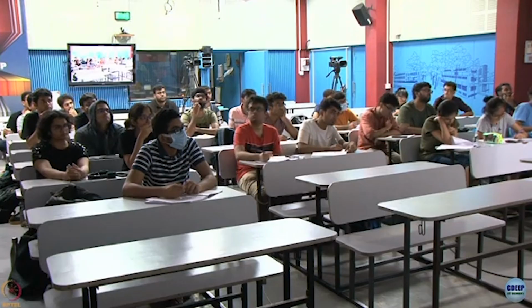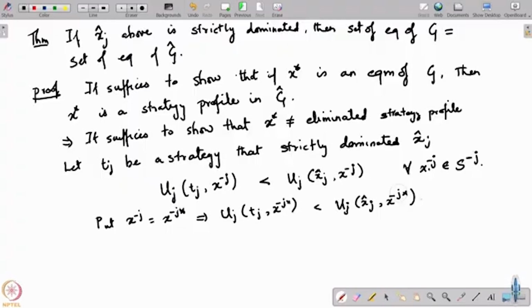We cannot take tj equal to xj star, because x star is an equilibrium and tj is just a strategy that we know dominates x hat j. Okay. So, we have taken that x star is an equilibrium of G, right. And tj, where is tj? Again, remember, tj is a strategy in the original game, because it dominated x hat j from that original game, right. Now, since x star is an equilibrium,